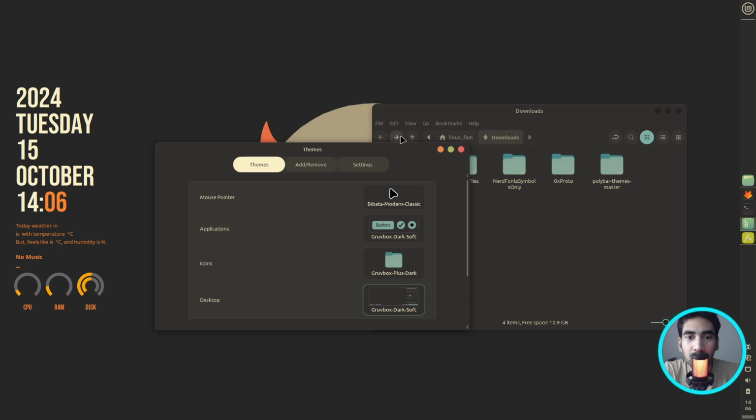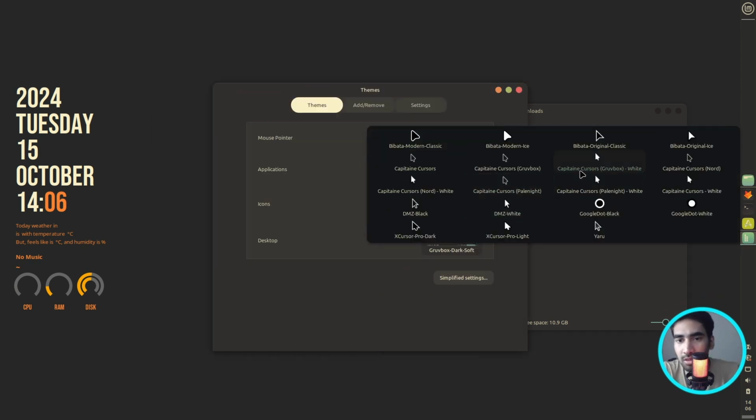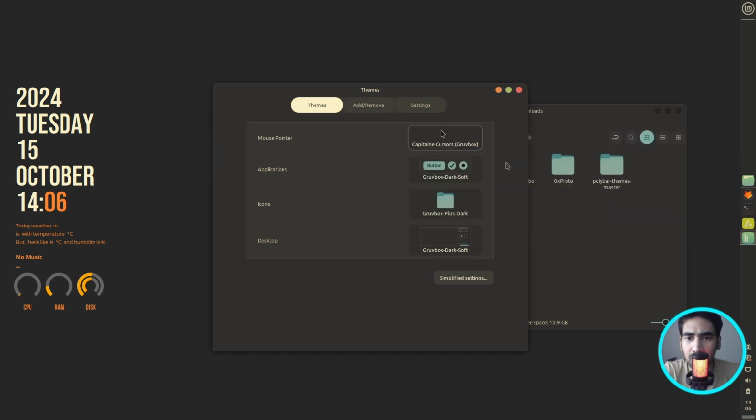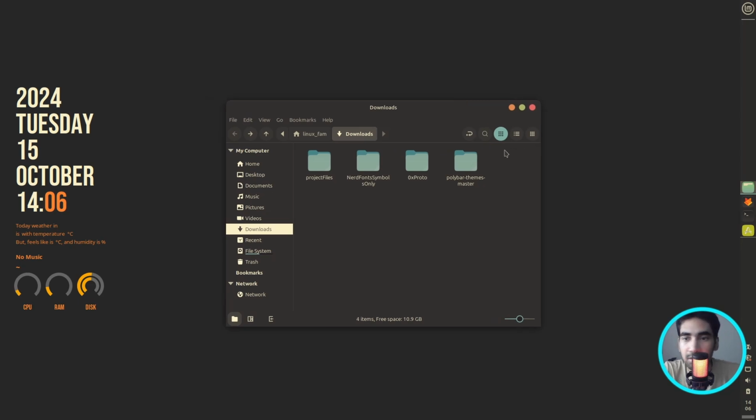All right. All right, so I have found the Groovebox cursor, this one, so I will apply that one. All right, now you can close the themes app, and